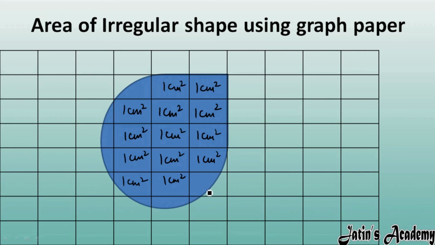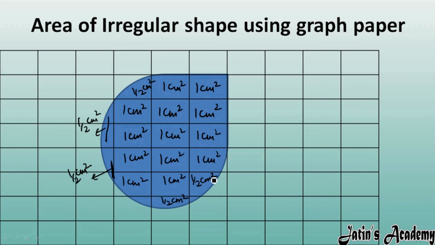But you can check this one. Here you can see this area is only half filled. In this one grid, this area is only half filled, so you can write here half centimeter square. This one, from here to here, is also half filled, so half centimeter square. This is a very small area, you can neglect it. This is also a very small area, you can neglect it, no problem. This you can take as half centimeter square. Here also, this total I can take as half because it is less than half. This is also less than half, so I take half centimeter square, and this also I take as half centimeter square.